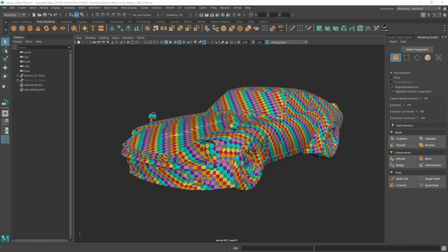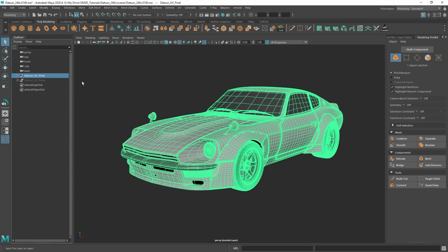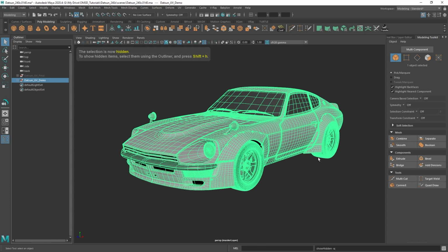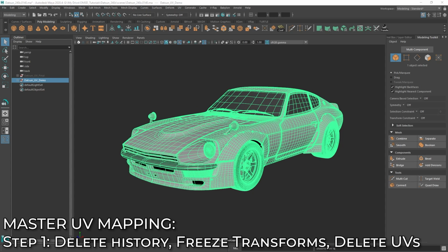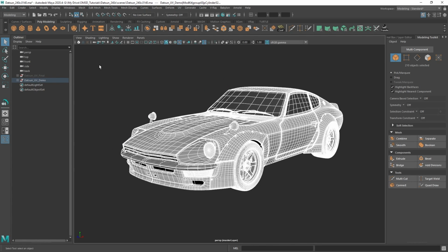Alright, so here we are in Maya, and I'm going to switch render layers to the base layer, and I will hide this finalized version that's fully unwrapped and bring in our demo version. We will immediately start with the 5 key steps, and step number 1 being clean your model. So the first thing that we want to do is select all of your meshes here, delete history, freeze transformations,